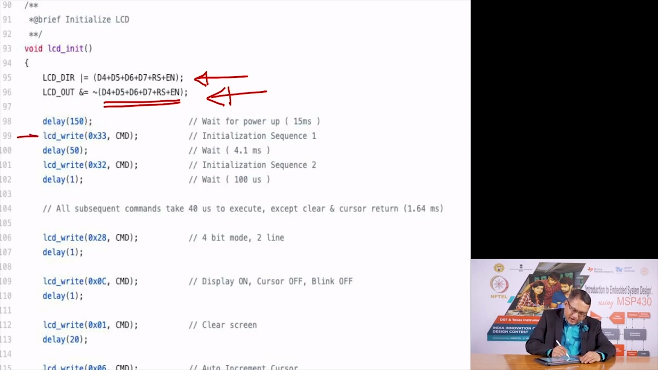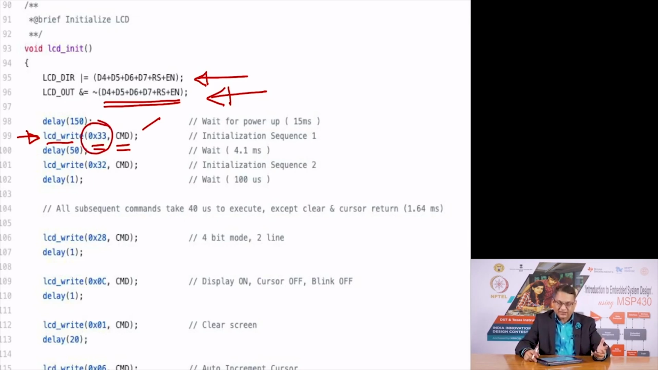It calls a function called LCD write, and in that LCD write there are 2 parameters. One is a number, 33, and it says that this number should be treated as a command. Now, you remember the LCD is able to accept either command or data using the register select function, RS. If we are sending a command, that value has to be 1. If you are sending data, that value has to be 0. You are basically conveying to the LCD write function that this number, 0x33 hex, should be sent